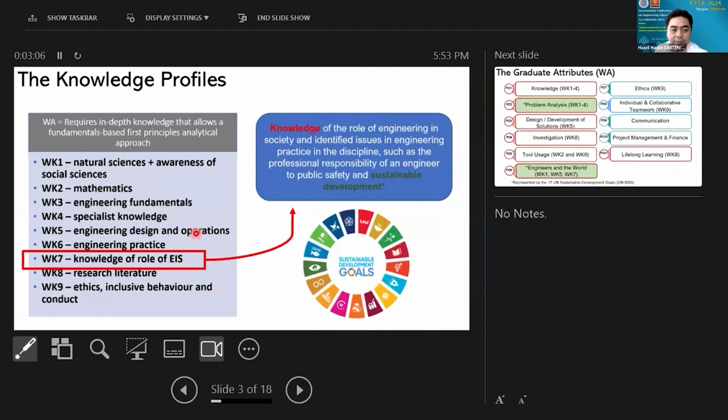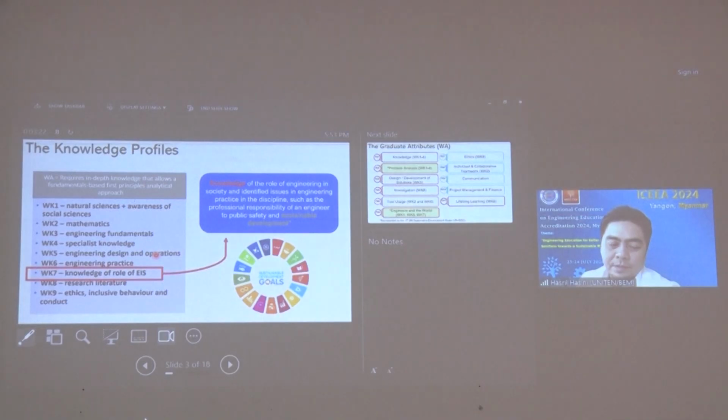This is the new set of knowledge profiles that we can see from the IEA paper version 4, back in 2021. As you can see, there are not many changes as compared to the previous one.